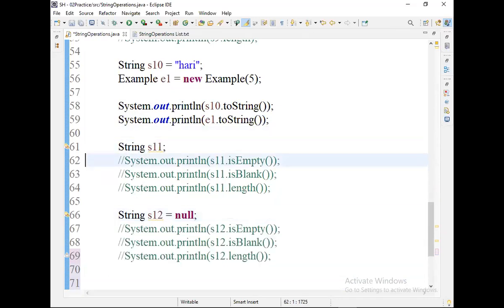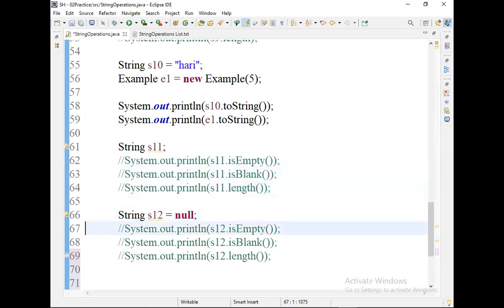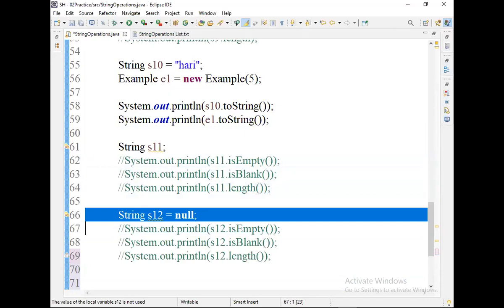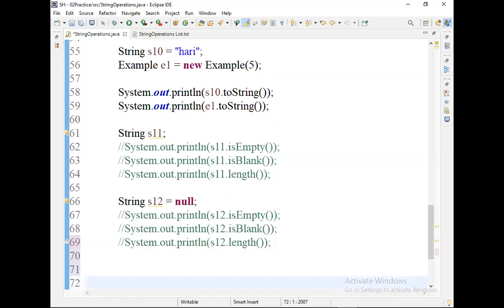You cannot call these methods on an uninitialized variable, and you cannot call these same methods on a null-referenced variable. If you call on an uninitialized variable, you get a compile time error. If you call on a null reference variable, you get a null pointer exception. Is it clear? This is a very tricky question.